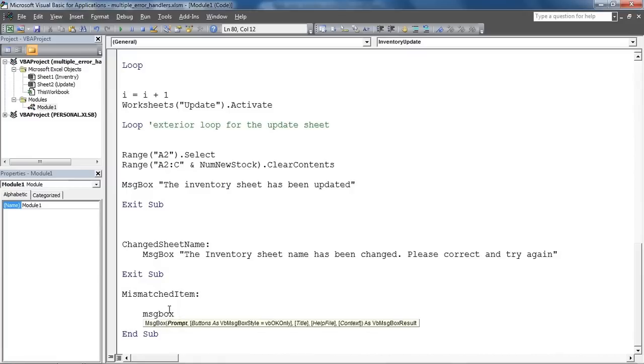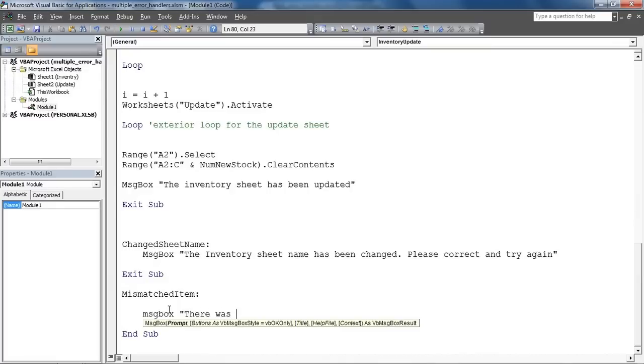Error handling is all about dealing with the issue in the appropriate way and doing it gracefully. So you've got to be able to communicate with the user, let them know what's going on. You don't just say something like error 1, 2, 3, 4 and just exit. It's going to have to be making sure your data remains accurate and the users know what's going on at all times. So I'm going to say